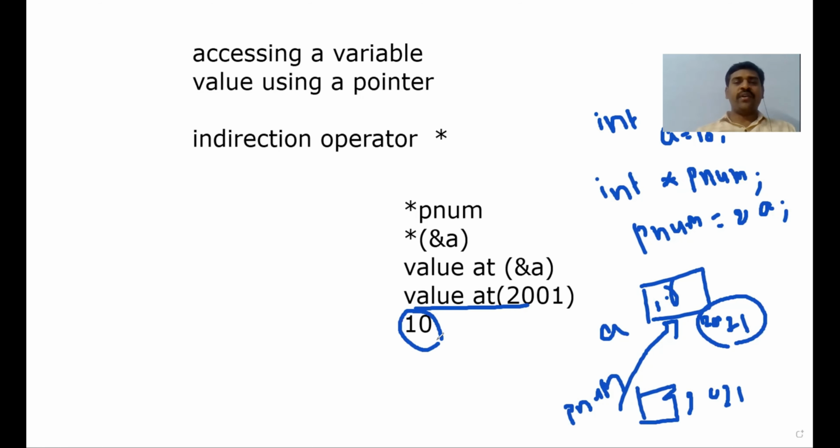So this is the video for today's class. What have we learned? We have learned what a pointer is, how to declare a pointer, and the amount of memory required for a pointer variable. Then we have seen the sizeof operator, the address-of operator, and how to use a pointer variable in our program with examples, and then how to refer to the value of a variable by using a pointer variable.